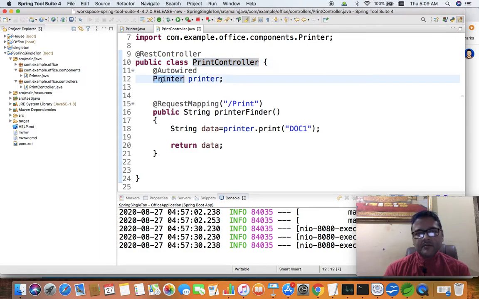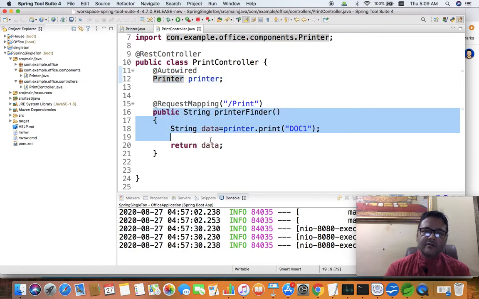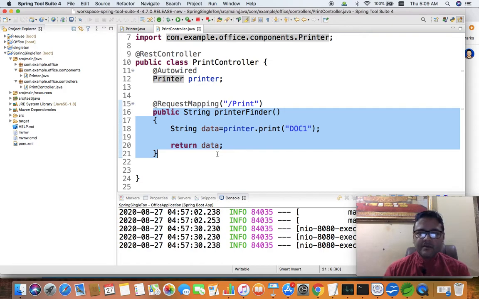Printer is the class name. Later on we may go for using multiple classes. So here the printer object is now available to this controller class, and here I have created a method which is going to provide a web service, meaning we can use this method for finding the output in a web browser.